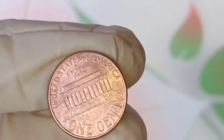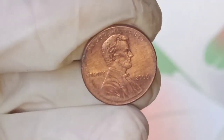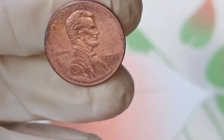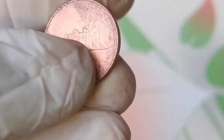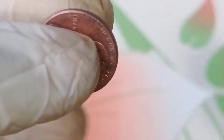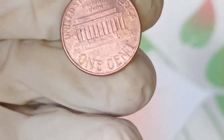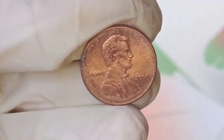Additionally, there's an ever-evolving conversation around the preservation and authentication of rare coins, especially in a marketplace where counterfeiting has become an unfortunate reality. Enthusiasts must remain vigilant and knowledgeable, as the overwhelming landscape of coin collecting is filled with both treasures and traps. As we explore more about the 2006 1-cent Jefferson nickel, it's essential to keep in mind